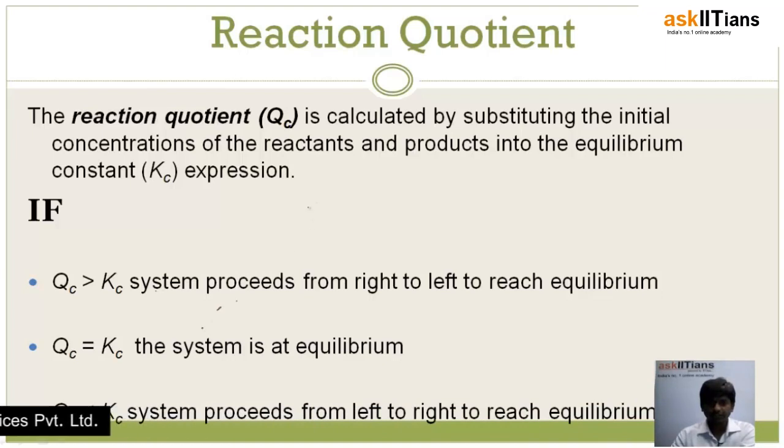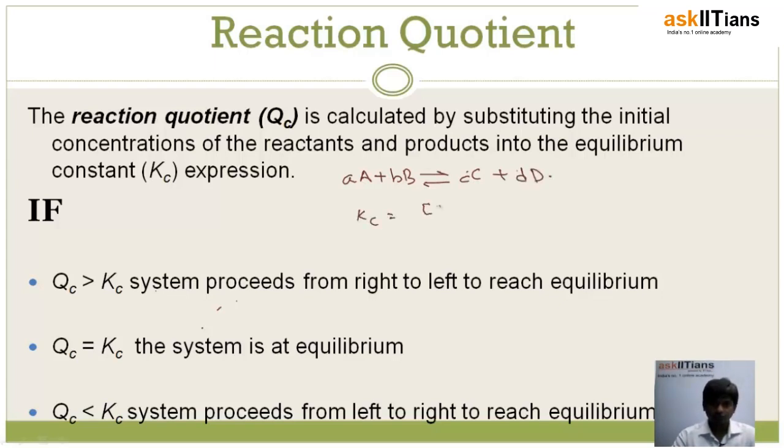What I meant is, if you have a reaction A plus B reversing to C plus D, and your Kc is equal to concentration of C, concentration of D by, obviously, A and B, your Qc will be nothing but